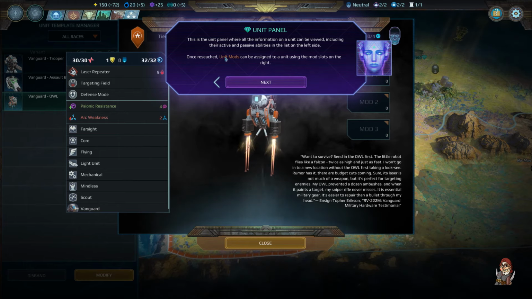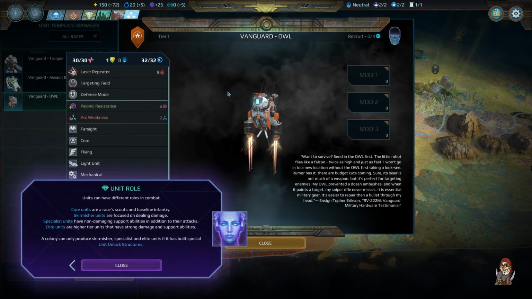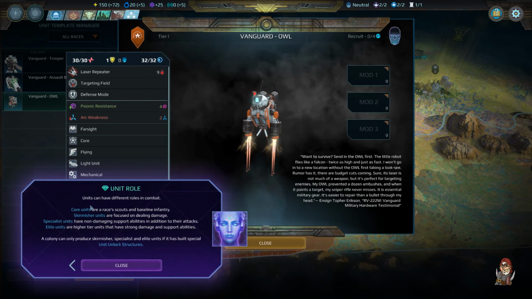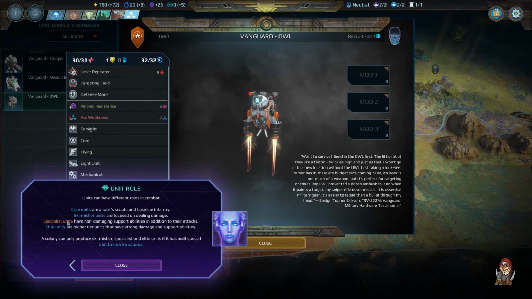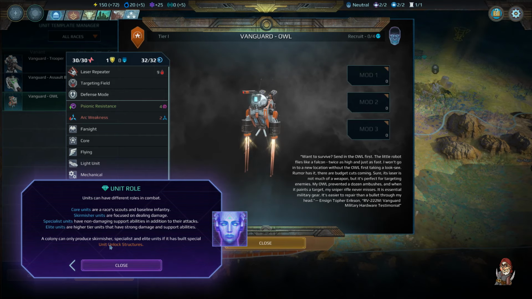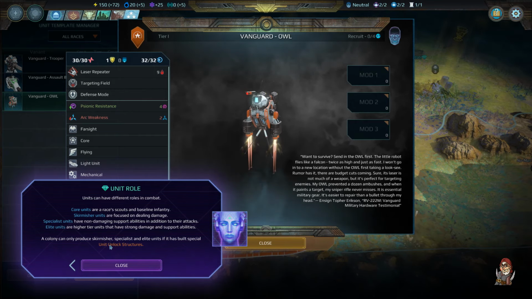Once research unit mods can be assigned to you using the mod slot on the Units. Units can have different roles in combat. Recon units are scouts and baseline infantry. Skirmishers do damage. Specialist units have support abilities. Elite units have strong damage and support. A colony can only produce skirmisher, specialist, and elite units if it's built to...